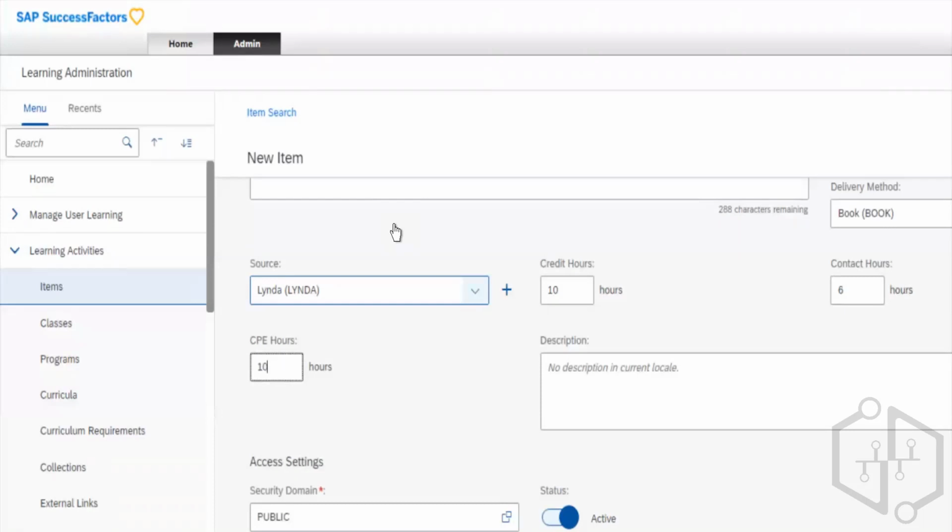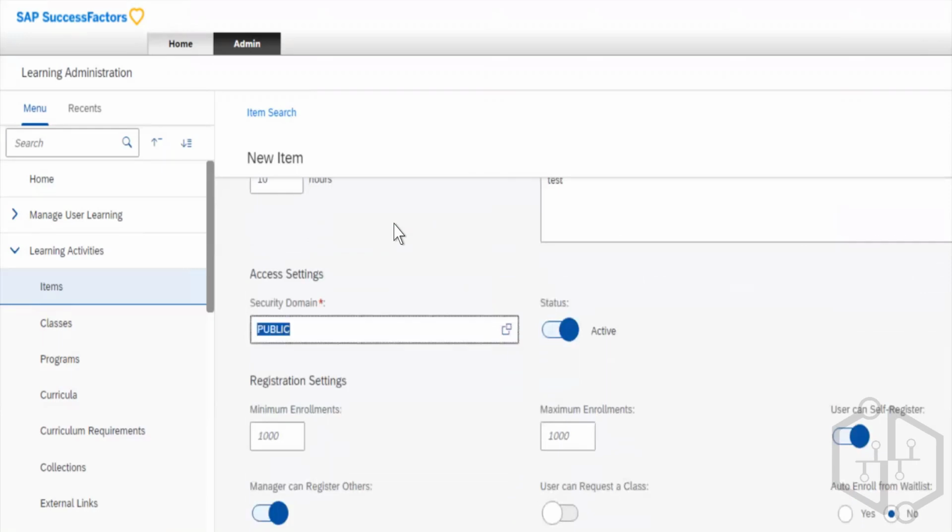And with this, how many hours will be credited to you? CPE means contact per employee, means hour. So I said you will be allotted 10 CPE, meaning 10 hours you have learned something. You have spent in learning and development. Are you okay with that? Then description, again you write something, test